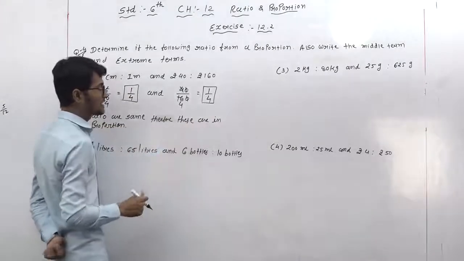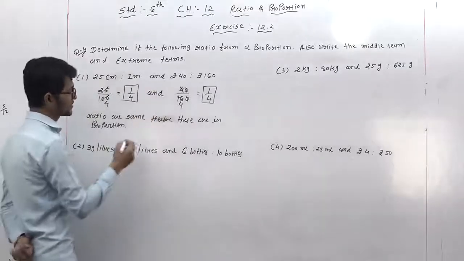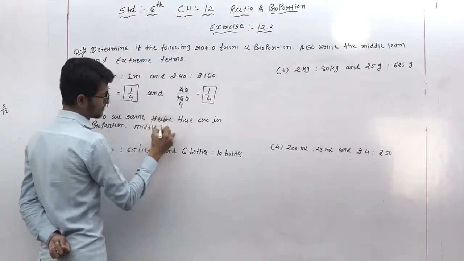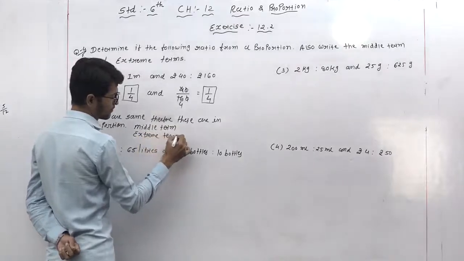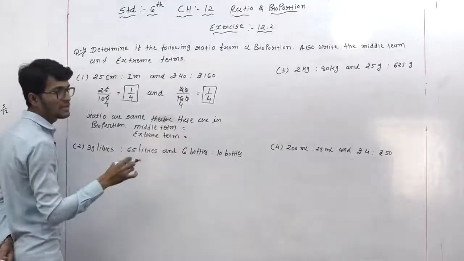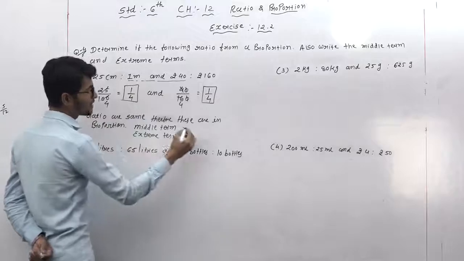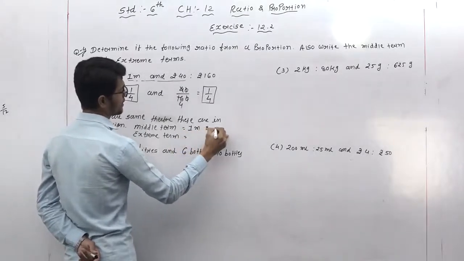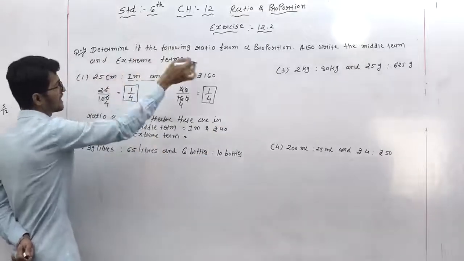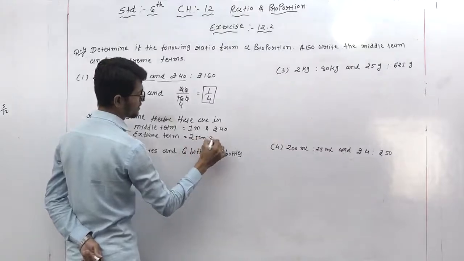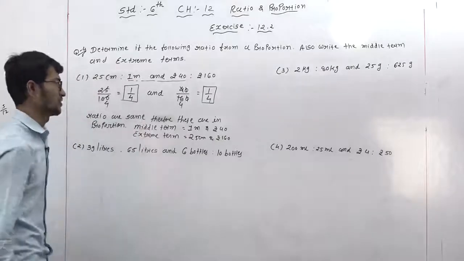Ratios are the same, therefore these are in proportion. यानी कि ये दोनों जो टर्म है वो proportion में है. Now we have to write the middle term and extreme term. So middle term, यानी कि middle यानी कि बीच में. तो बीच में आपको क्या दिखाई दे रहा है? ये दोनों. So our middle terms are 1 meter and 40 rupees. And extreme terms, जो बचे first and last, यानी कि 25 centimeter and rupees 160. So this is our middle term and extreme term.